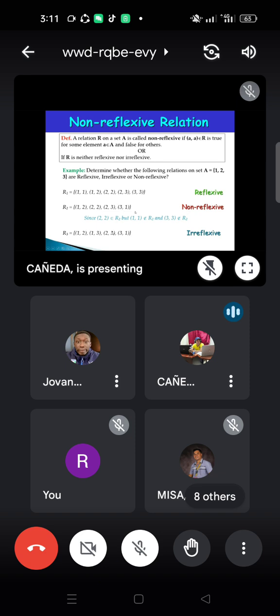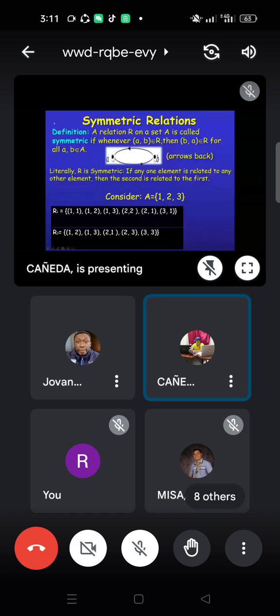So this is non-reflexive because 2 2 is an element of R2, but 1 1 is not an element of R2. 3 3 is not an element of R2 also. Non-reflexive is different from irreflexive, no? Clear. Okay, let's move